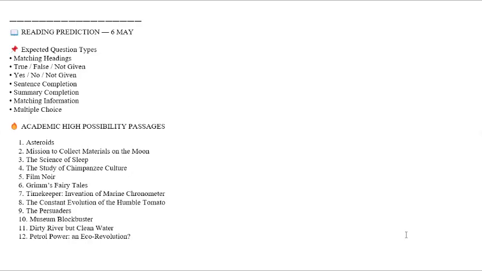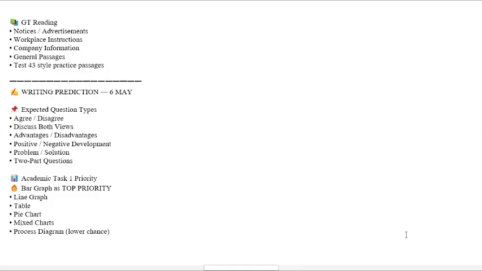Asteroids, mission to collect material on moon, science of sleep, study of chimpanzee culture, film noir, Grimm's fairy tale, timekeeper, invention of marine chronometer, the constant evolution of humble tomato, the persuaders, museum blockbuster, dirty river but clean water, petrol power and eco revolution. These are for academic. In case of GT reading, what we have done over our prediction website, we have shared